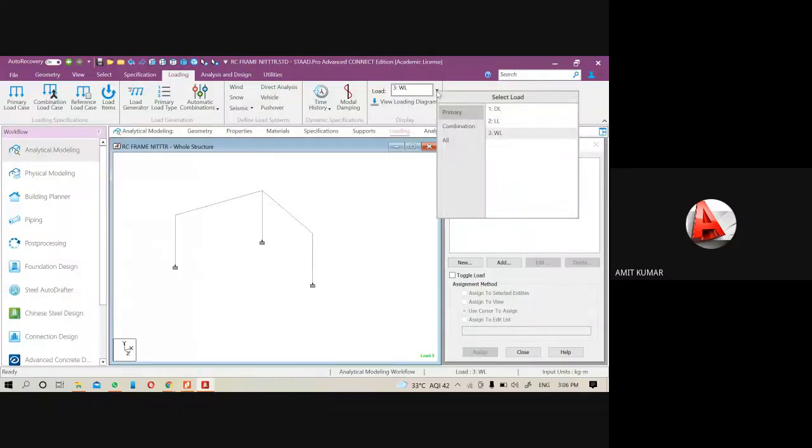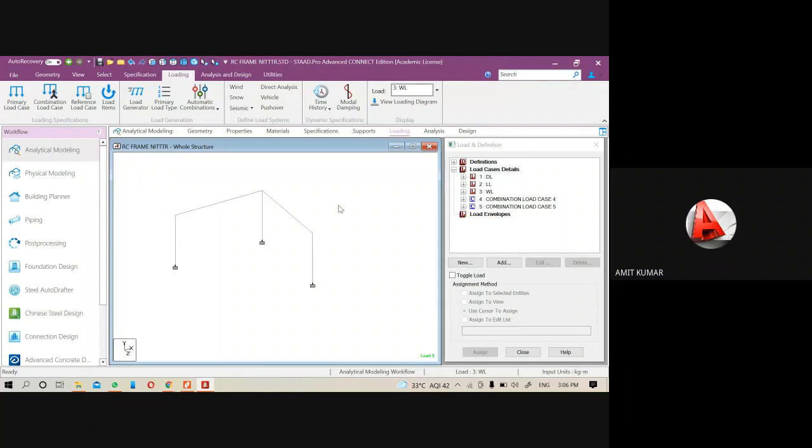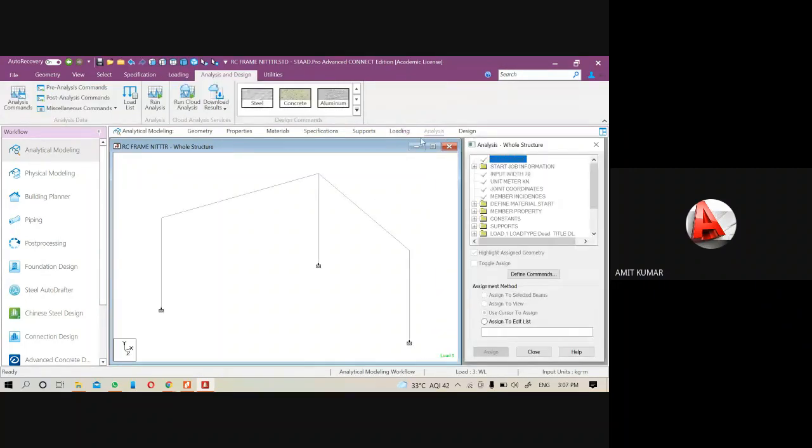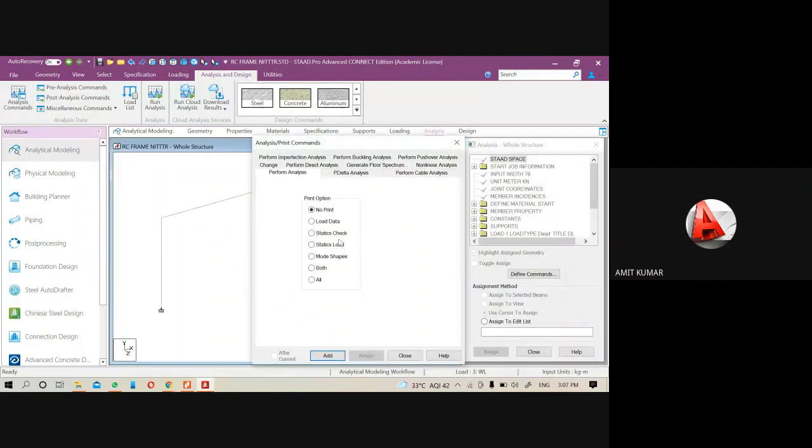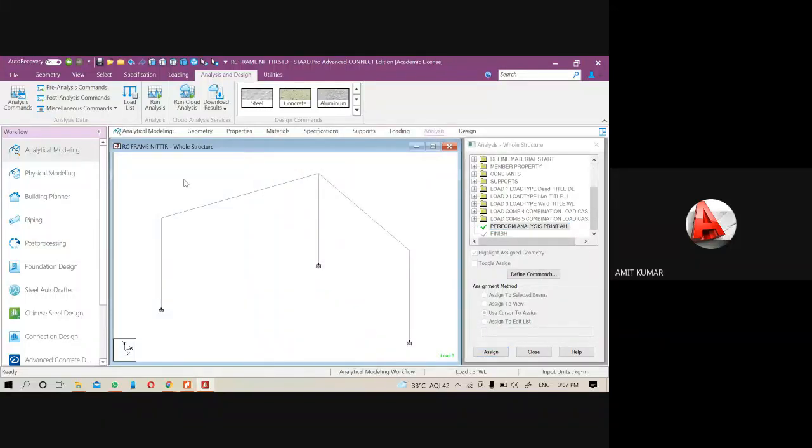So go to the analysis option, analysis command, all, add, close, and analyze it.